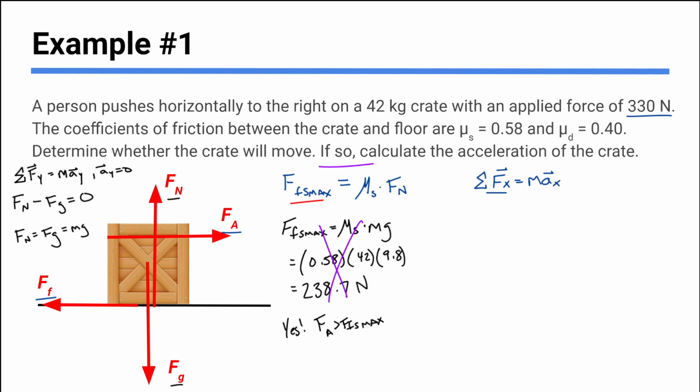We're going to call the applied force positive, friction negative, because we'll stick with our regular good old Cartesian right is positive, left is negative thing. Flip them if you really want to be weird. Okay, but I'll do it like this. The applied force is positive, and then I'm going to really add a negative, so I'm going to subtract the